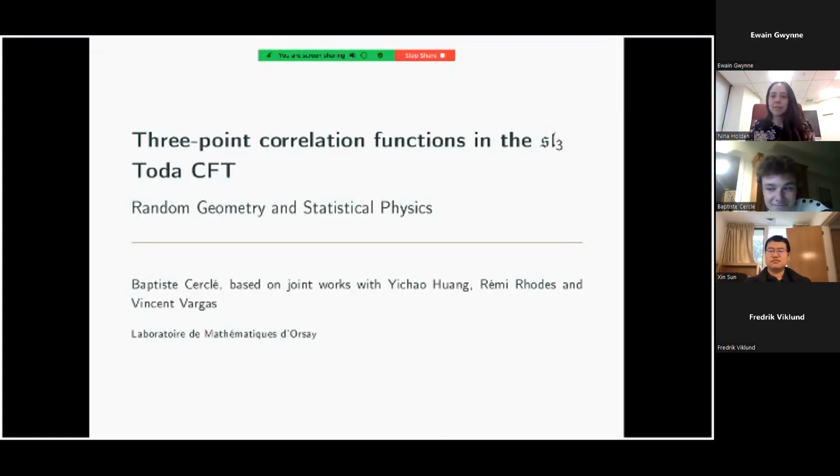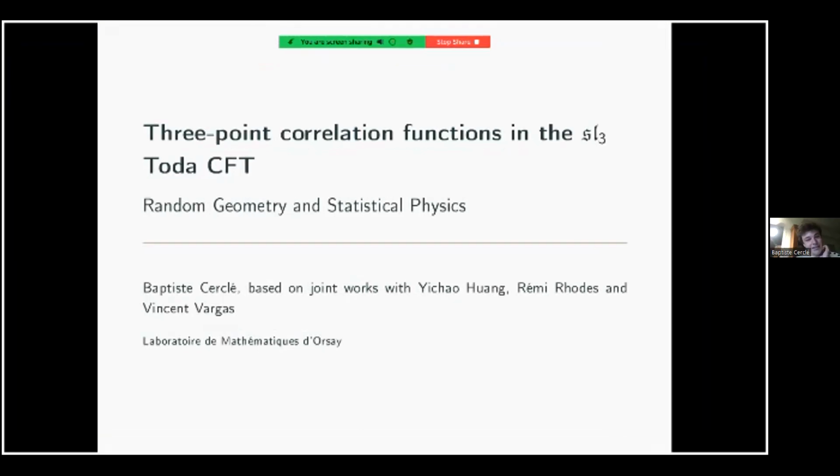Thanks for the introduction and the invitation to speak in the seminar. The goal of this presentation will be to present some recent progress made in the understanding of a certain two-dimensional conformal field theory called the SL3 Toda CFT. To be more precise, I will try to explain how certain fundamental observables of the theory, so-called three-point correlation functions of vertex operators, can be rigorously computed